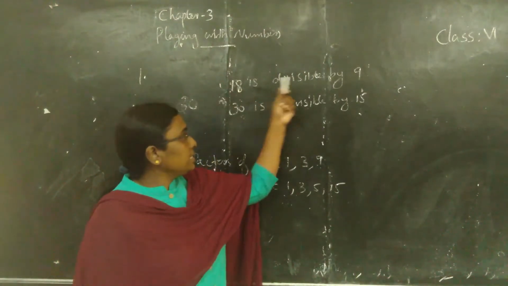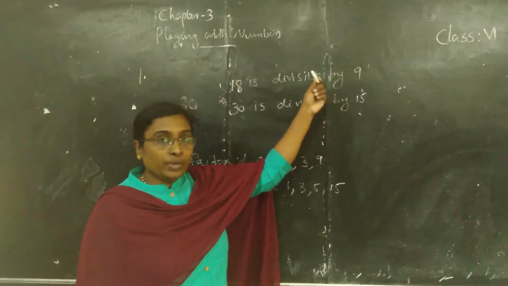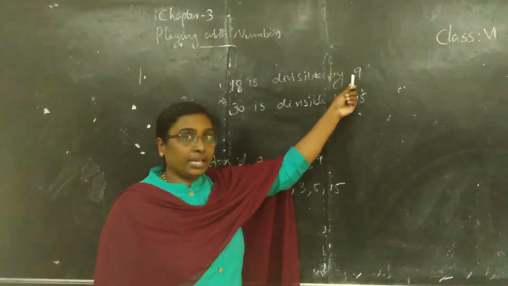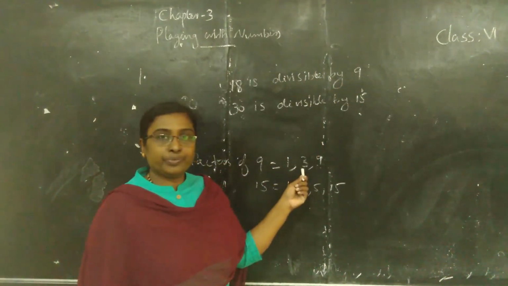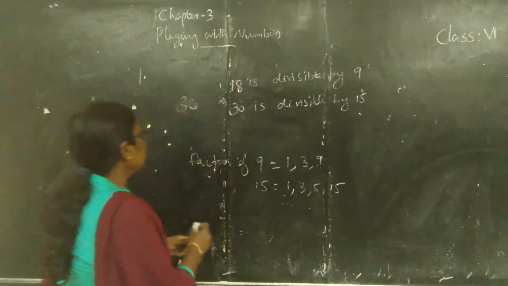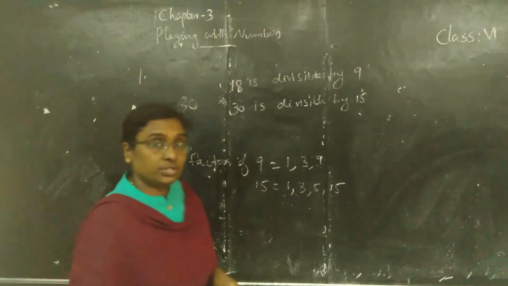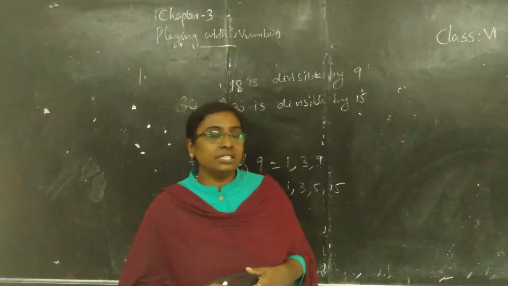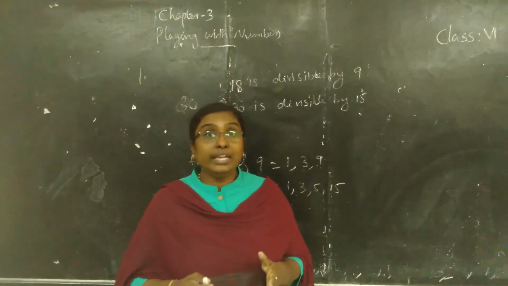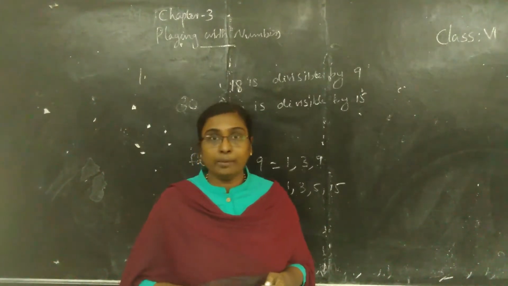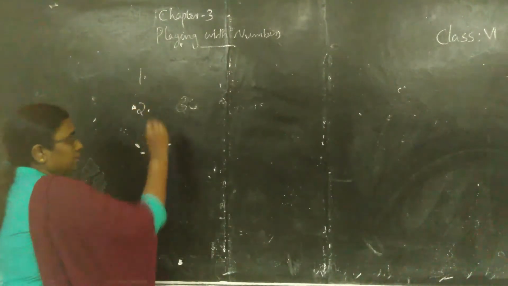In this case, 18 is divisible by 9. So, we can say that 18 is divisible by factors of 9. That is, 18 is divisible by 3 also. Isn't it? That is the first rule. What is the first rule? If a number is divisible by another number, then it is divisible by each of its factors. Okay? The second condition is,